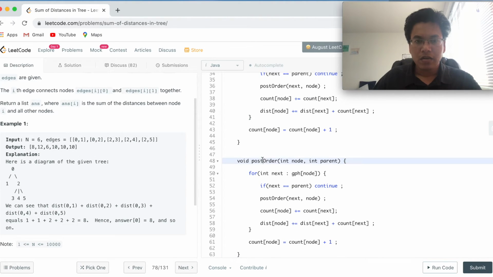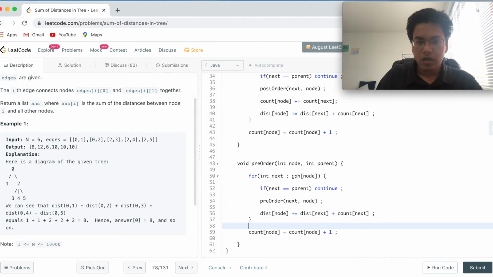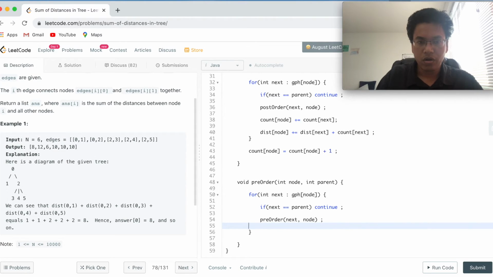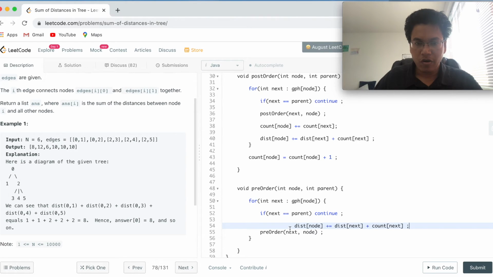I'll call this pre-order. We don't need this count array anymore, we already have that count, so we will get rid of this count. We have to do this calculation before, right, because it's a pre-order.